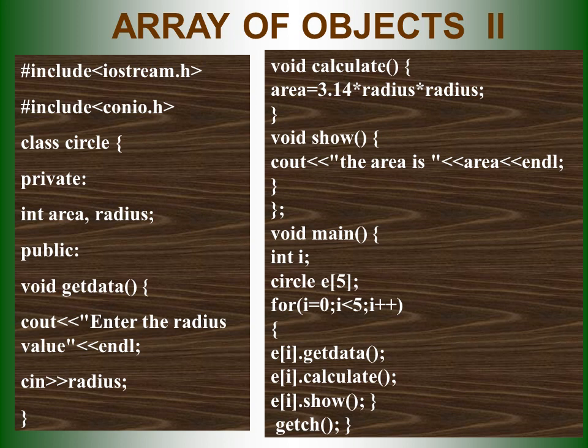See another sample program for array of objects. Here, void main, integer i, circle c[5]. This is the length of 5, the number of data we are going to get by using the simple array of objects, and the class member functions can act according to that. Why? Because it uses the for loop, and the for loop mentions the length of the array, and accordingly it is executed 5 times for getting the data, calculating the data and showing the data. So 5 values can be processed and executed, and the output is displayed accordingly.